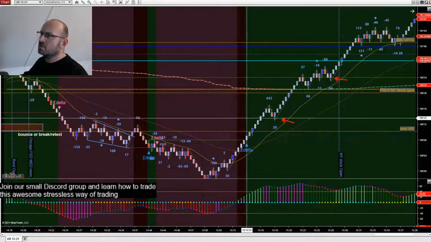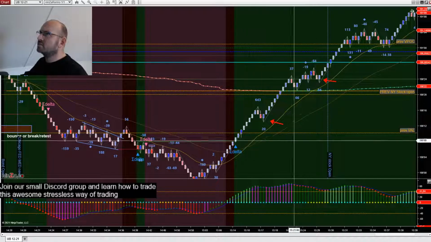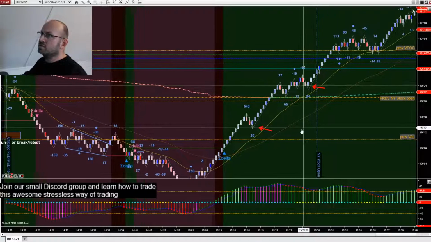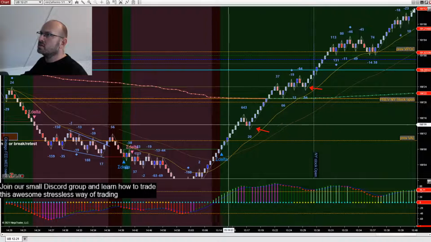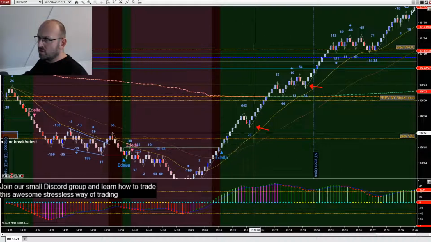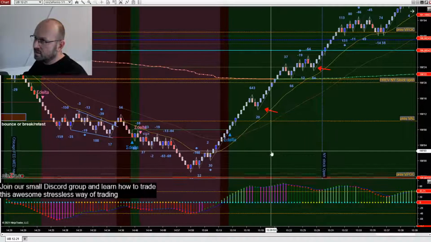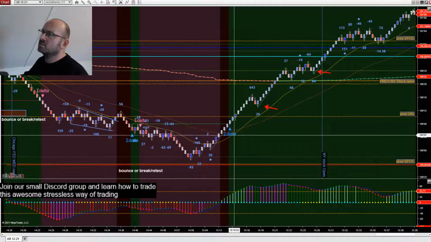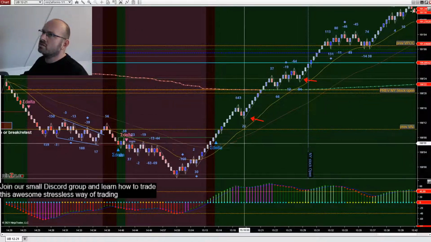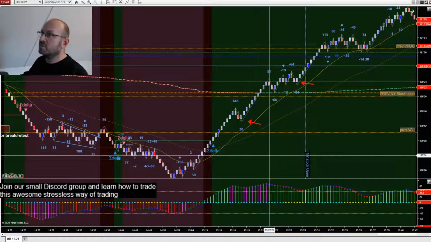In this case, also in the background you see that the session delta, the delta for this current session from now on, changed to green, so the delta-based structure is also based on longs, also looking for longs. So not only price action structure but also the delta, the buyer-seller difference. We are also looking for longs. And if those two things line up, and also a bigger picture Renko chart I also look at,